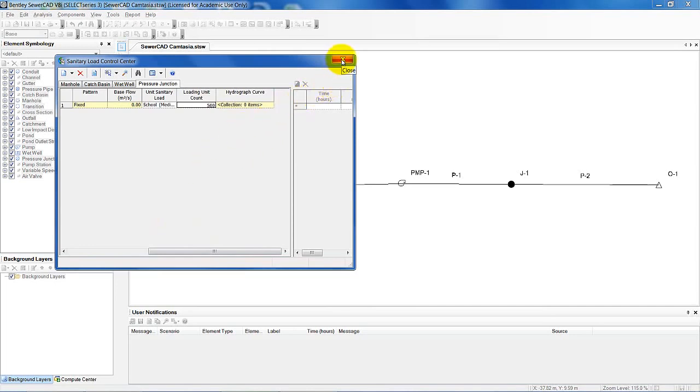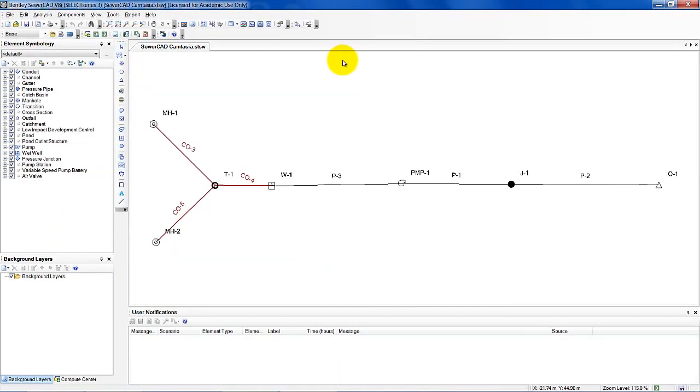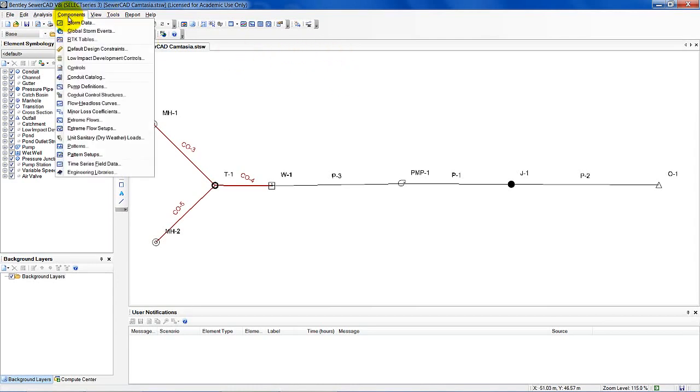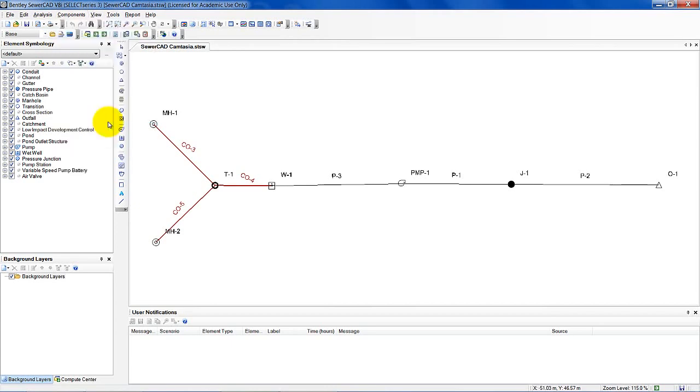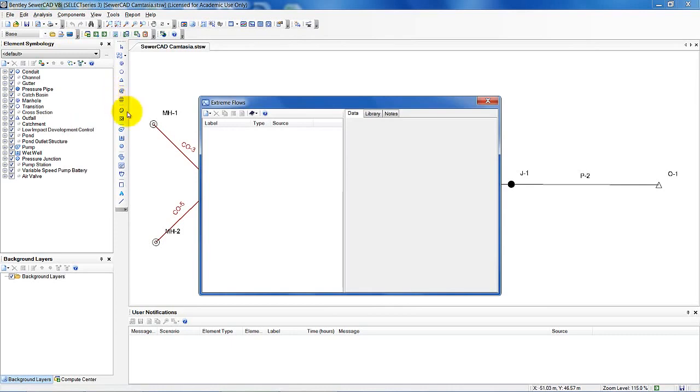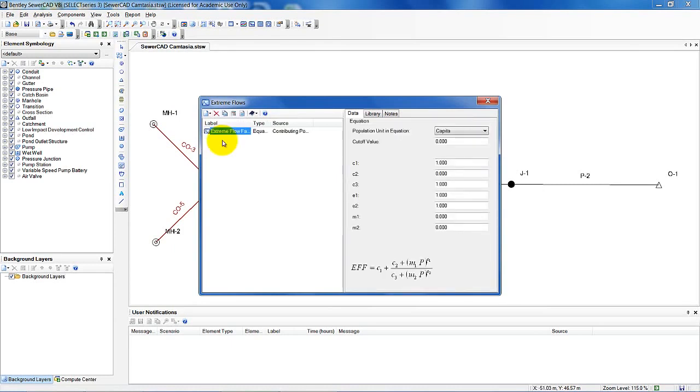We can click out of that. Next thing we're going to do is look at the extreme flow factors. So we're going to come up over here to components and extreme flows. Select that, and then under the new, we want to come down and pick equation population factor. So what we're going to do here is change the name to Babbitt,